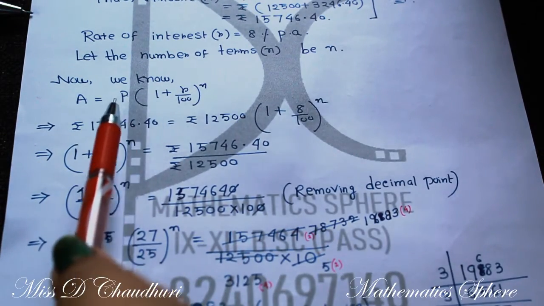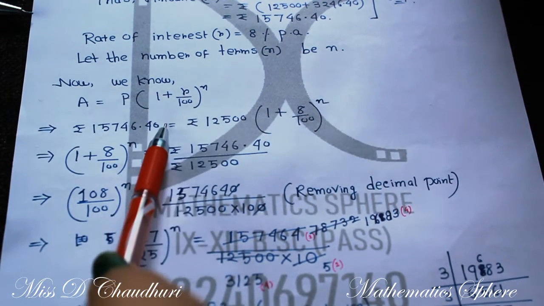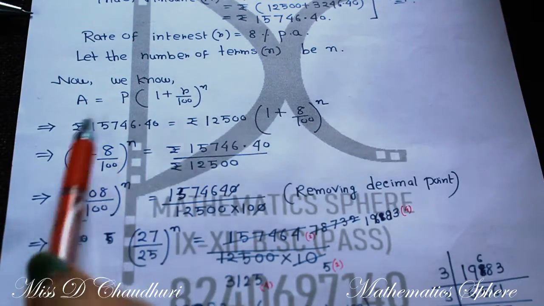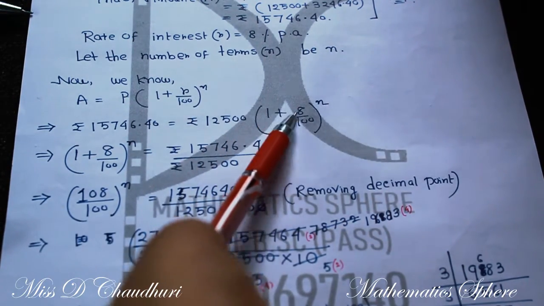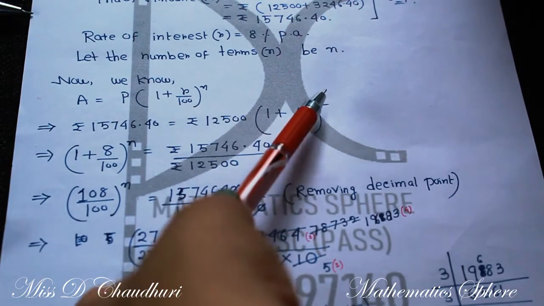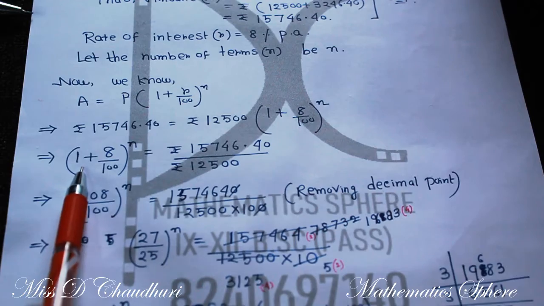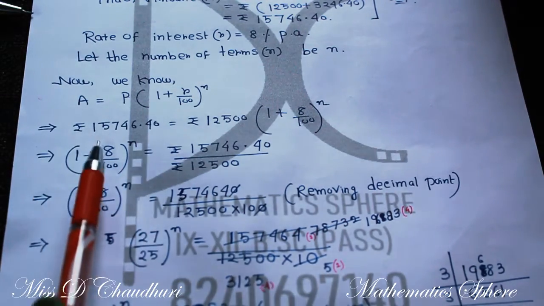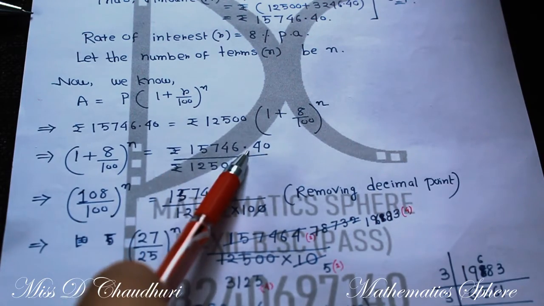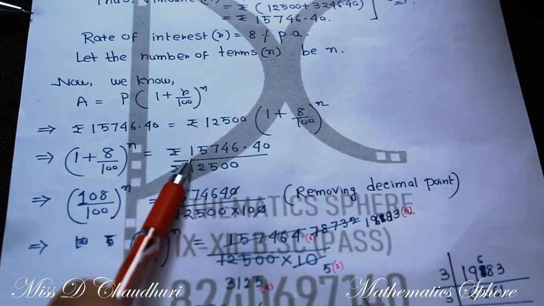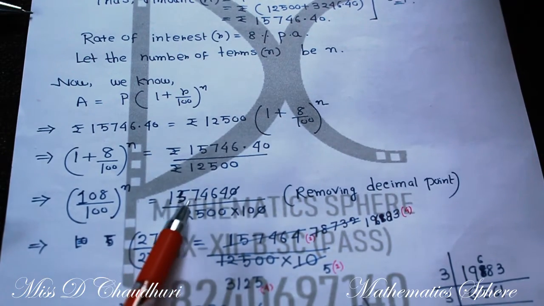So A equal to P into (1 plus R by 100) whole to the power n, we know that formula. So you put the value of A, you put the value of P, do not forget to put the units. So 1 plus R by 100 means 8 by 100, whole to the power n. Do as much calculation as possible, so you shift this to this side, I'm just reversing and writing. So (1 plus 8 by 100) whole to the power n equal to this one by this one. Now you see rupees will get cancelled, and if you multiply 100 here also and here also, then this will come to be